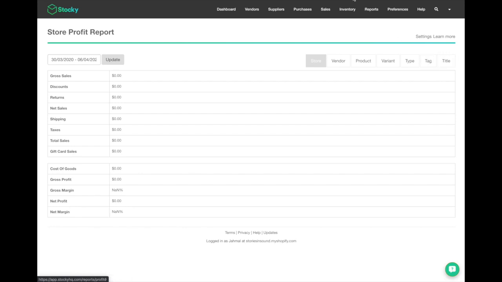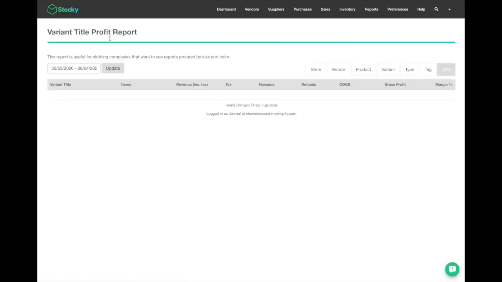Product tags are also something you can surface in your regular reports, but now you can see exactly, maybe based on tagged items that are seasonal, you can see exactly what the profit reporting is there. And then you can see, based on product variant title profit reports too. So you can, down to each variant specifically, you'll get the cost of goods sold, the revenue it's generating, the refunds, the gross profit, and then the profit margin for each of those items.